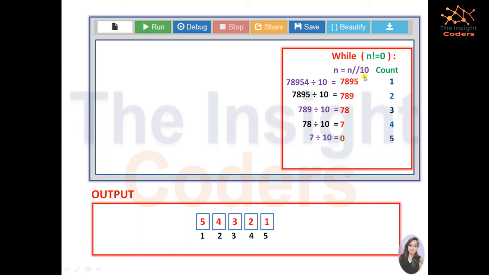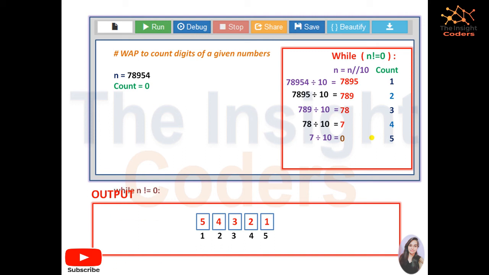And finally, the counter which we were incrementing each time, we just simply print it. So let's see the program. So initially we took the number, we have statically inputted it. You can also take it from the user. There is no problem at all. Counter is initialized by 0, because each time we have to increment it. But initially we thought like there is no digit in the given number.